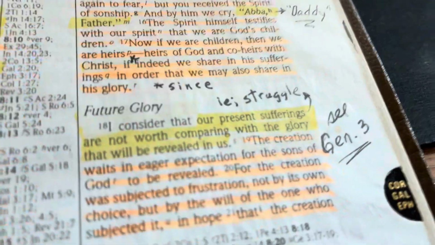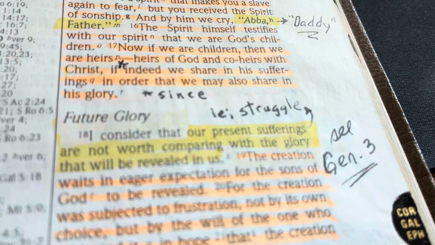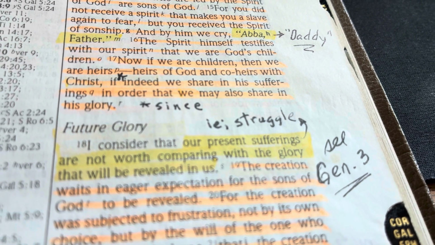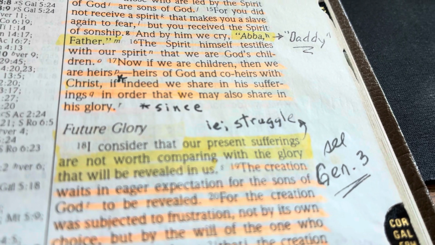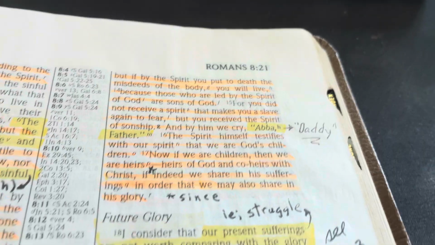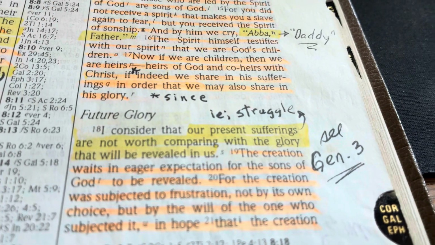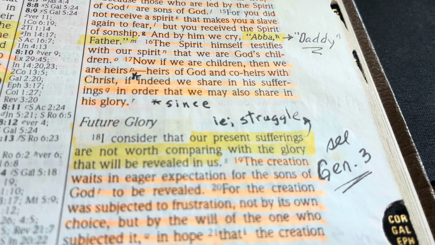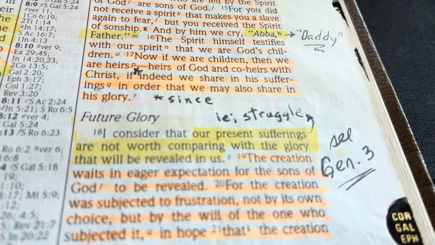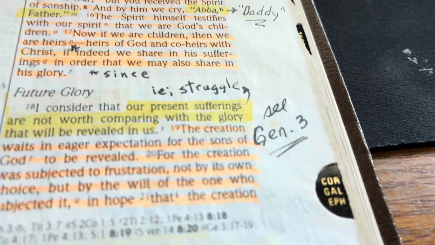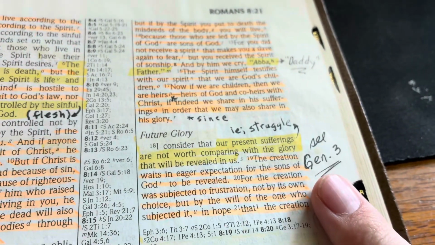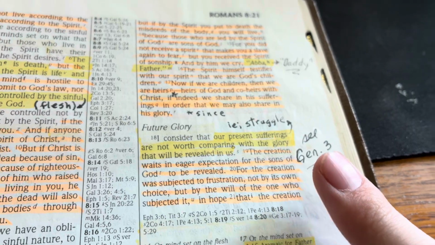Okay, there's another note right there. He made a note beside the word indeed in Romans 8, verse 17. He made an asterisk beside indeed, meaning like since in this case. It references Genesis 3, the fall of man, right there. The creation